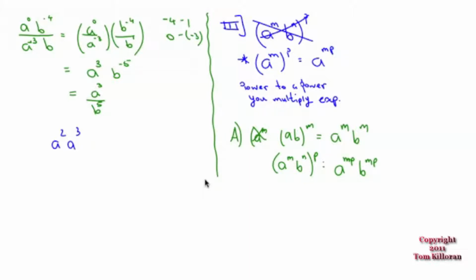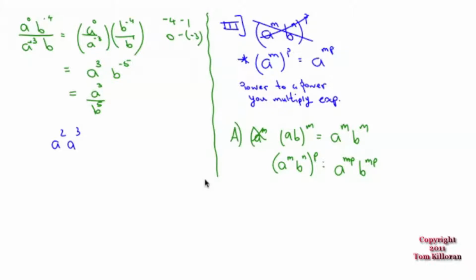What property does this look like it's performing? It looks like the distributive property, but don't get confused. It really isn't. It is not the distributive property. It just looks like it is. Distributive property has nothing to do with powers. This is just saying that if you have a P on the outside, it affects every little piece on the